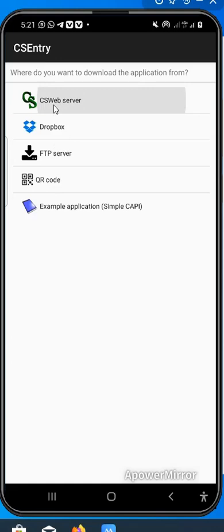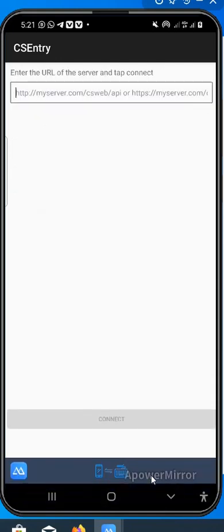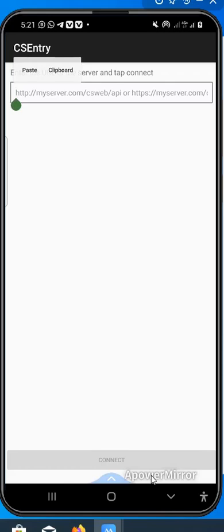So once you click on this CS web server, it will give us an interface. The interface was already opened. I don't know why it's not appearing here. So I can easily put the web address, which is https